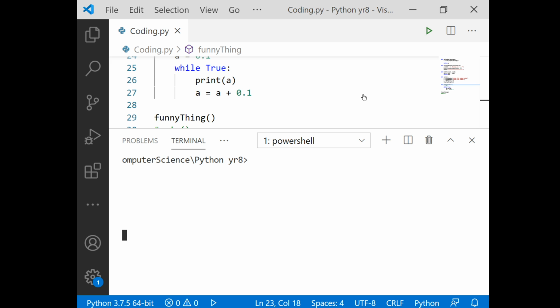Right. Okay, so let me do it without an infinite loop this time. So I'll just stop it after a few. I just want to. Oh, what is it doing there? I think I've just totally messed up Visual Studio Code. I have. Just drag the terminal down. We made an infinite loop. It's Visual Studio Code.